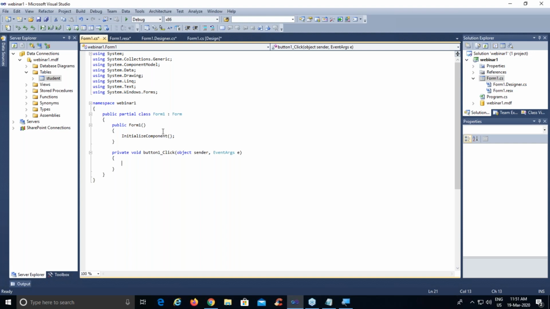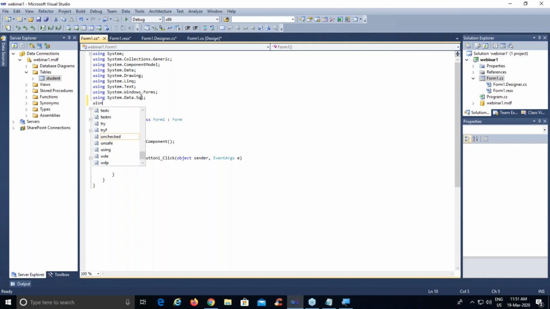In .NET, to work with the database, we need to import two namespaces that are required while working with a database application. The first is using System.Data.Sql. As we are using SQL Server or MS SQL, this namespace is required.